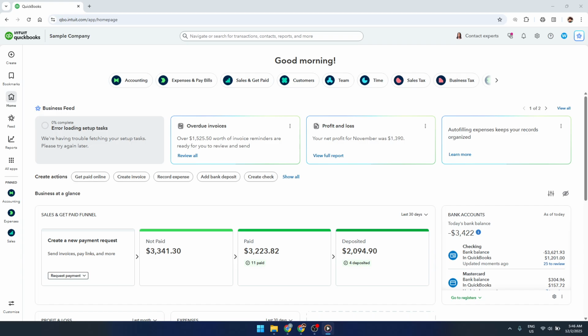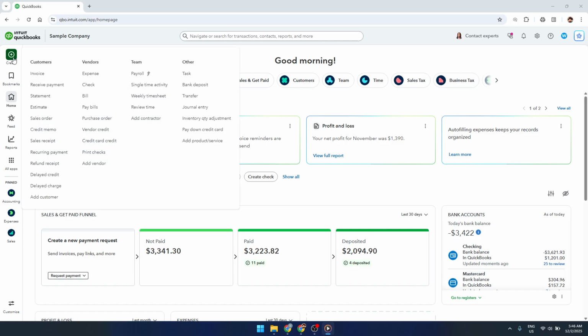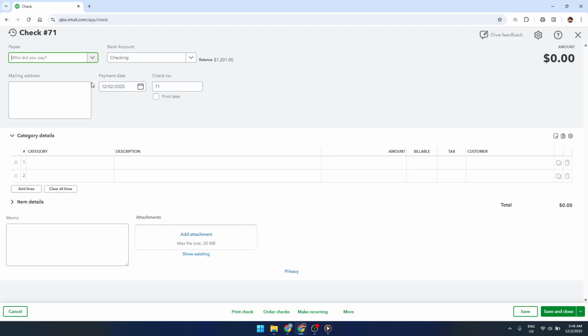To begin creating a check, go to the top of the page and click the plus sign labeled New. This is the main shortcut button you'll use for most transactions in QuickBooks, so it's helpful to get used to going there first. When the menu opens, look for the Vendors section. Under that heading, select Check. This tells QuickBooks that you're recording a payment made by check, and it will open the check window where you'll